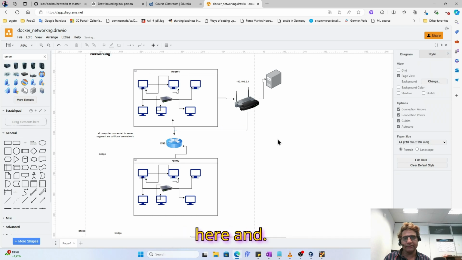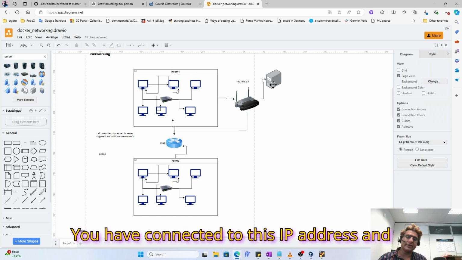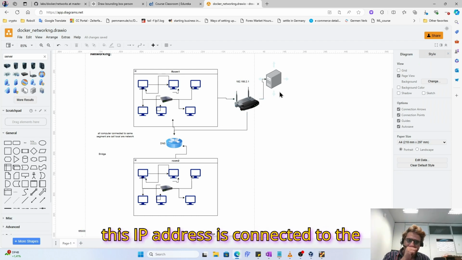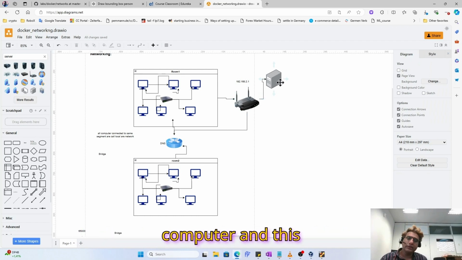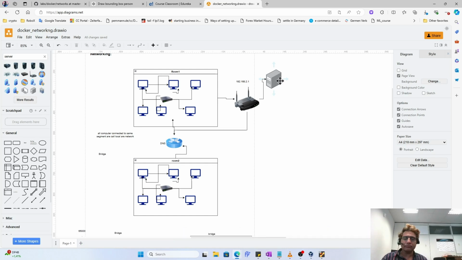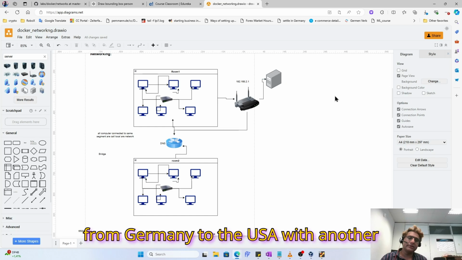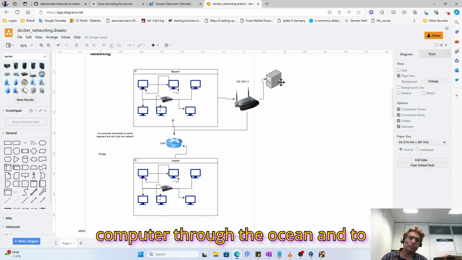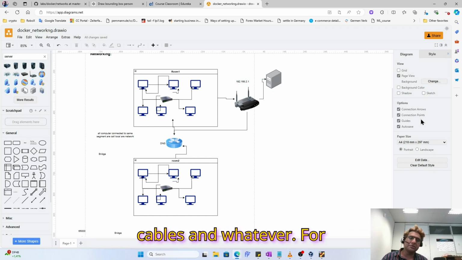You have connected with this IP address, and this IP address is connected to a computer, and this computer is ultimately connected, maybe from Germany to the USA, with another computer through the ocean and cables and whatever. For example,